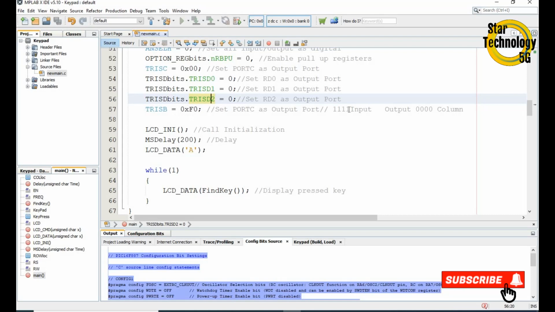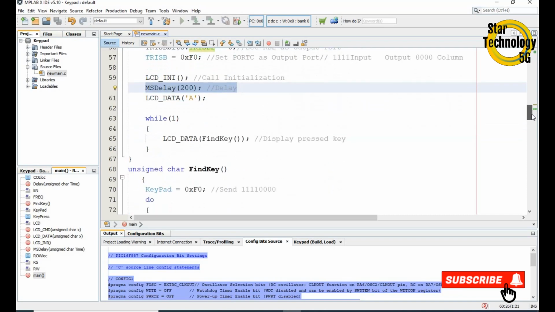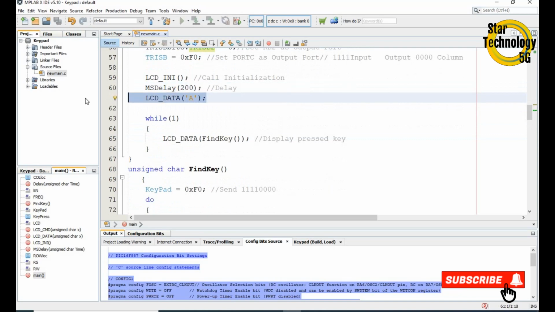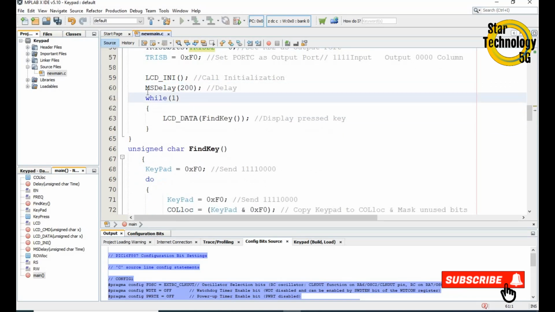We will set the first 4 pins as input and the last 4 pins as output. After that we will call LCD initialize, and we will call the delay function, and we don't need this one. We will call a while(1) loop, that is an endless loop.